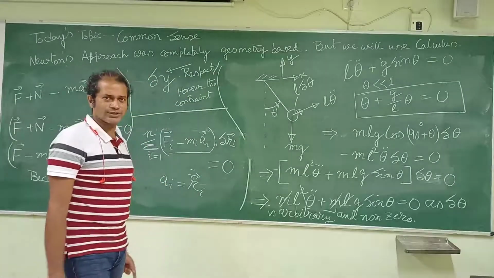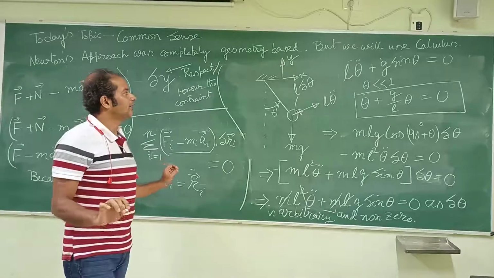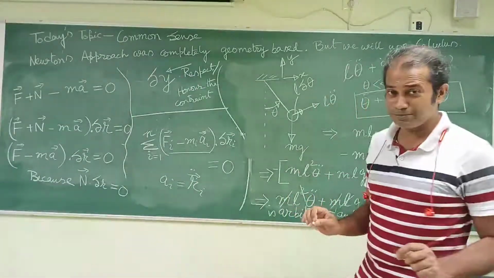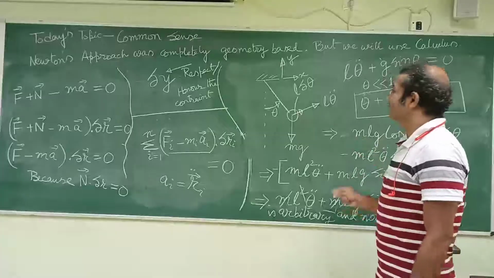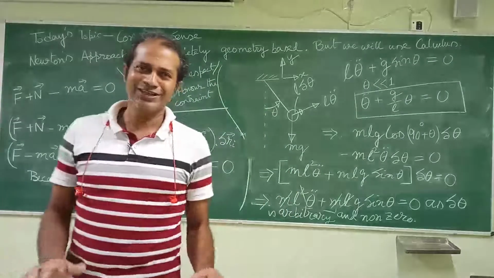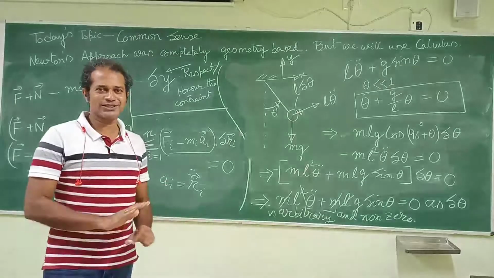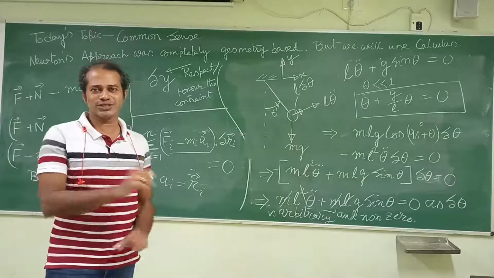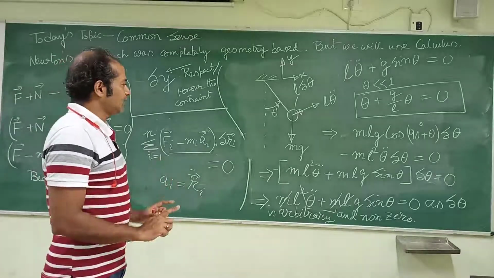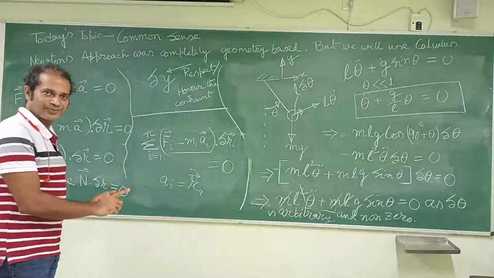I have not used any geometry. I have not used any single geometry. I have just used our previously discussed ideas of degrees of freedom, and with that idea I have used a German term, that is the generalized coordinate. I am sorry for that, but don't be confused with the generalized coordinate, because it is nothing but the degrees of freedom, the coordinate which is representing the degrees of freedom, independent of course. So that's the thing, and the principle of virtual work is absolutely obvious.